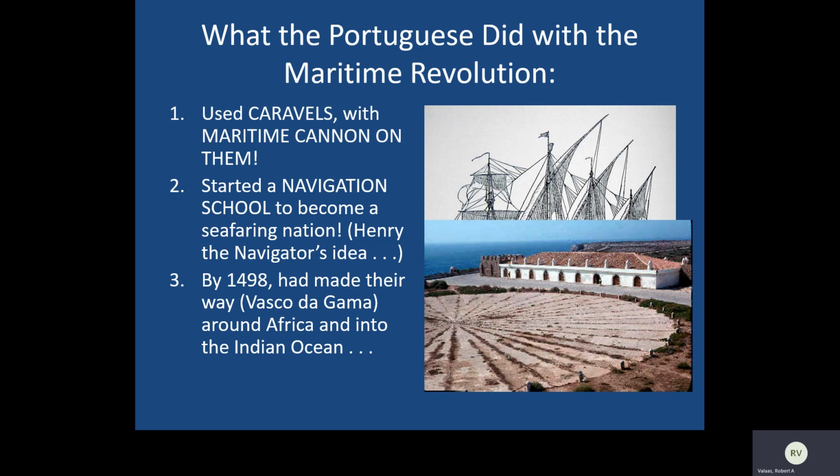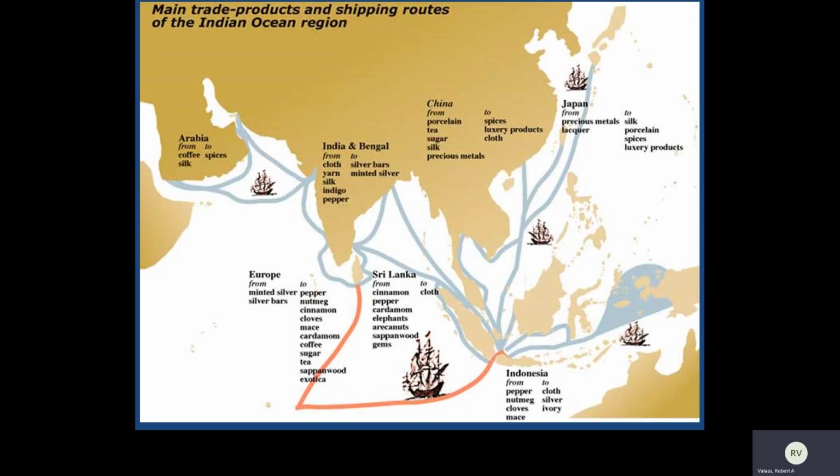year 1498, the Portuguese, led by Vasco da Gama, had indeed made their way and succeeded in sailing all the way, not only to the great rich trading ports of West Africa, but all the way around Africa and into the Indian Ocean, where they began their career as key players in Indian Ocean trade and indeed the trade of the entire world. And here's just a reminder, of course, that there was lots of good stuff to be had